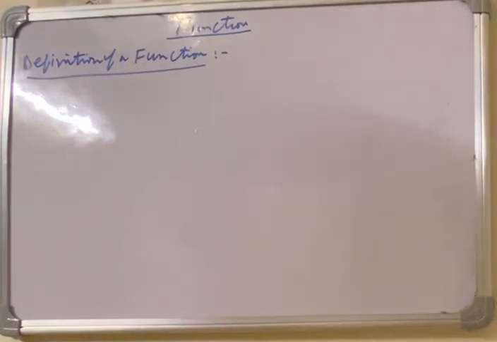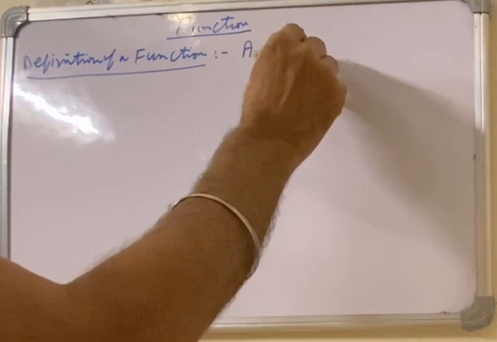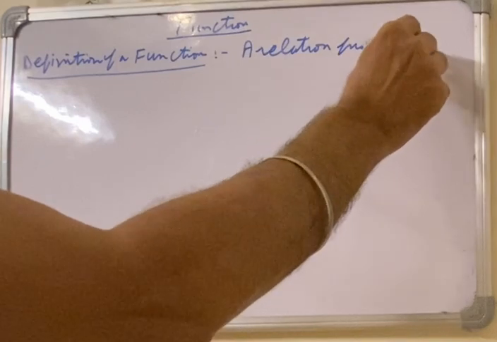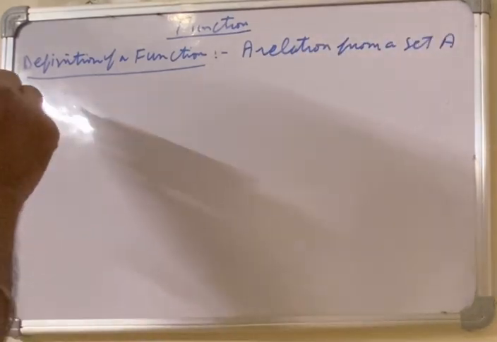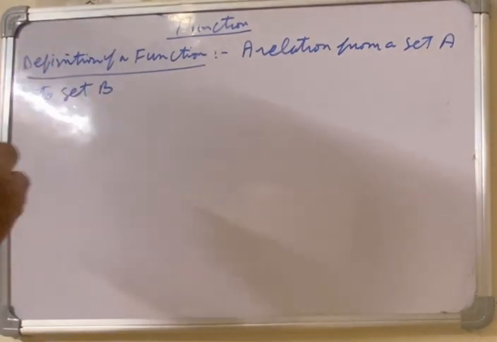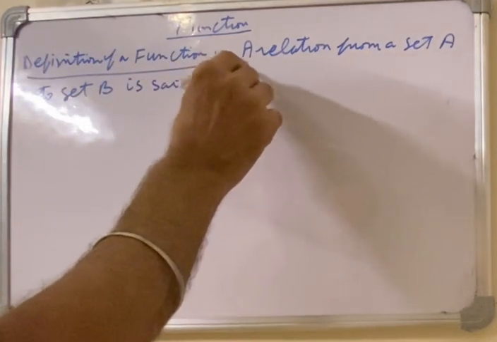As we have already seen, a relation is a subset of the Cartesian product of two sets A and B. Now here, a relation from a set A to set B is said to be a function